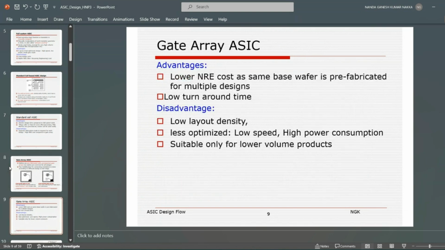It has the advantages of lower NRE cost, because as the base wafer comes prefabricated, you need fewer resources, and low turnaround time. The disadvantage is low layout density and being less optimized, which means low speed and high power consumption. It is suitable only for lower volume products like, I would say,